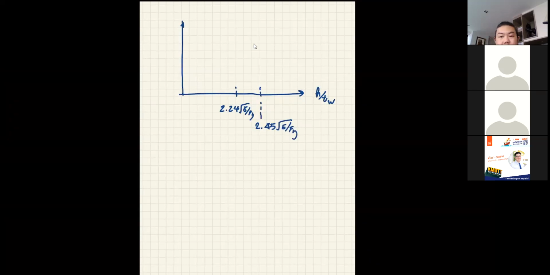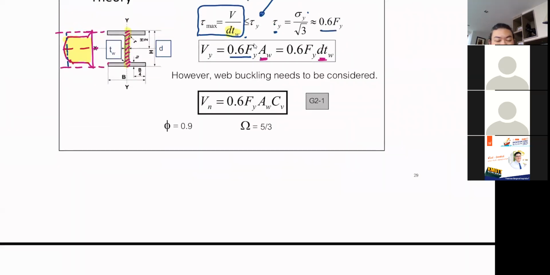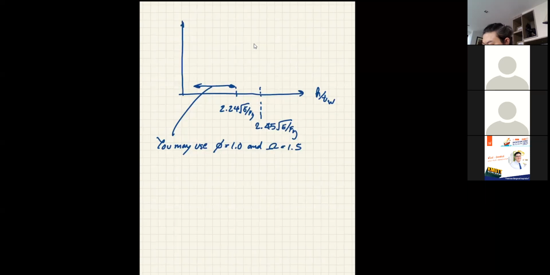Now, when you check your slenderness ratio and it is less than this, you may use phi equal to 1 and factor of safety equal to 1.5. Generally, when you look at the shear here, you can forget about that and use the typical one. It's not wrong. It's just slightly conservative. Okay, so from here,